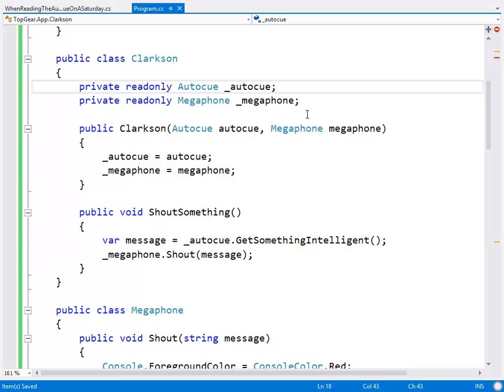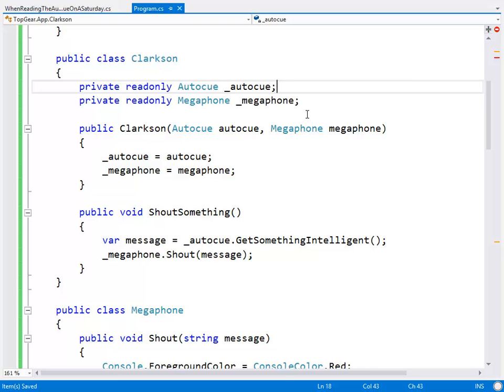And then we can say to the Megaphone, did you receive a shouted message saying, isn't it a lovely day? So we're testing our code flow. We're testing our data flow, actually, all the way from here where it originates through to there where it's supposed to be used. And Clarkson himself just becomes the orchestrator. Problem here is now we've got to create a Clarkson.